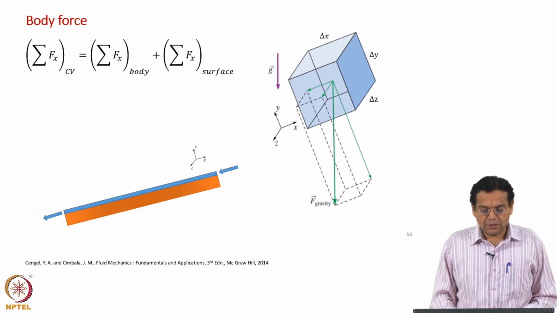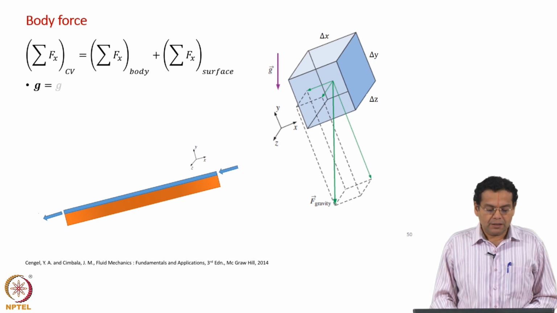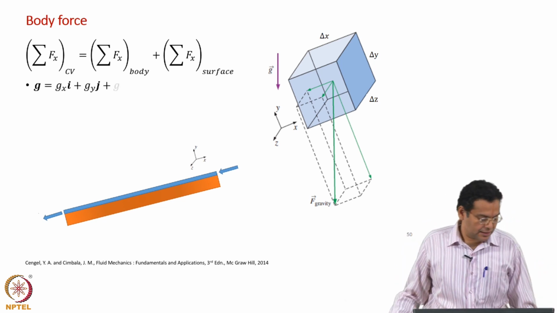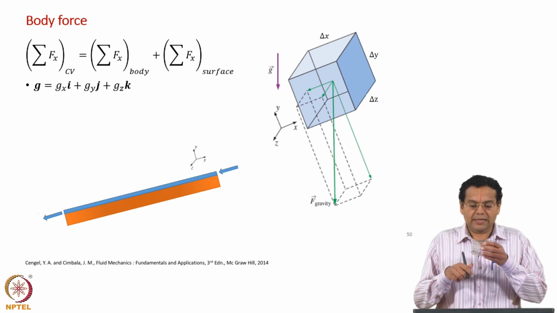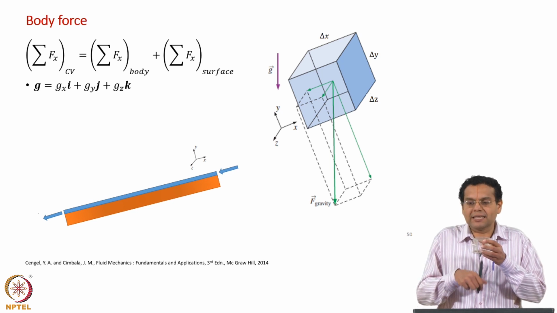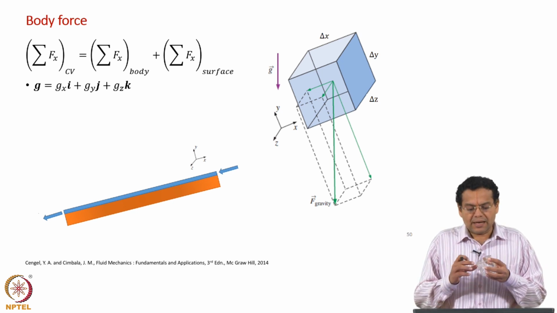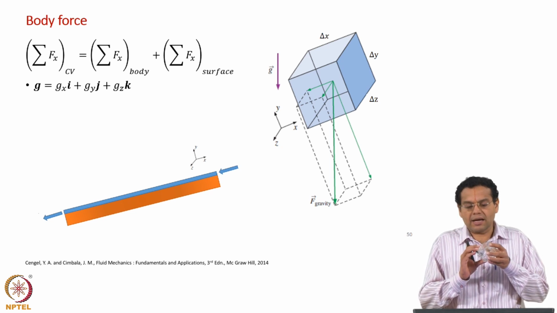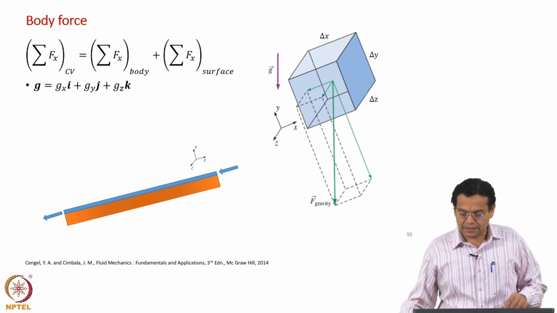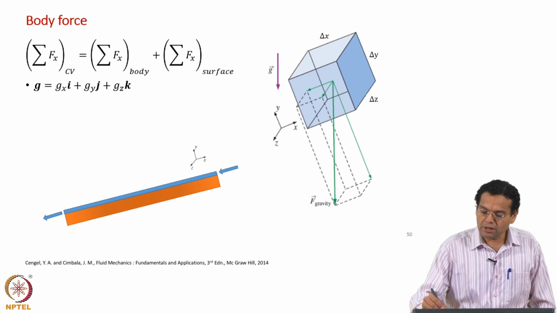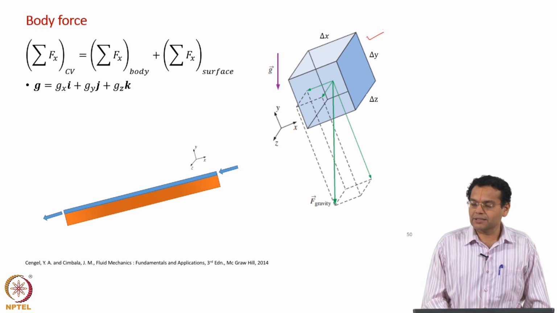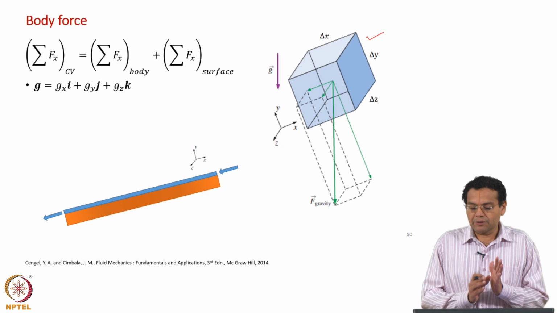Now, the body force is gravitational force, as I told you that is the only body force which we are going to consider. So far in the earlier examples, we had a well defined control volume, and so gravity was always acting along one axis, it could be z axis, y axis etc. But I can have a geometry aligned along any particular angle. For example, one example is shown here. What is shown is a control volume aligned along a general coordinate axis, it need not be aligned along our usual x y z axis.